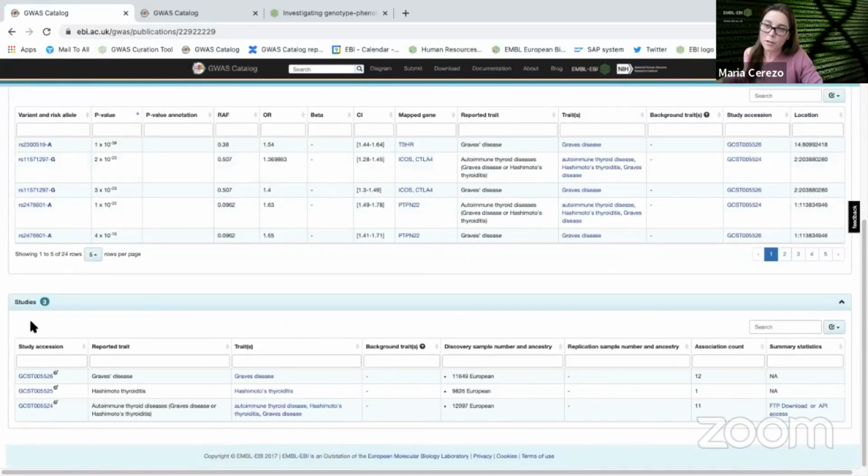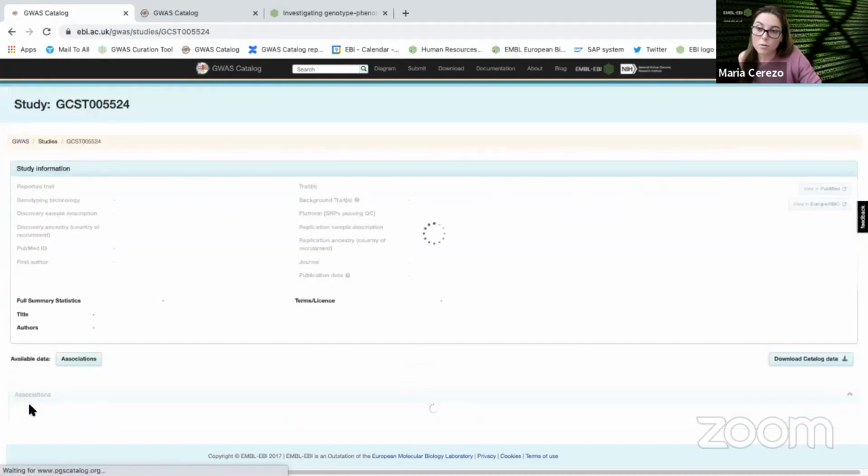And if we continue scrolling down, you have the 3 studies. So as you can see here, for this publication we have 3 different reported traits, each one of them with different metadata associated. And one of them also has summary statistics. So if we go to